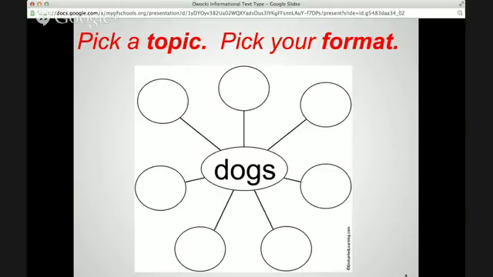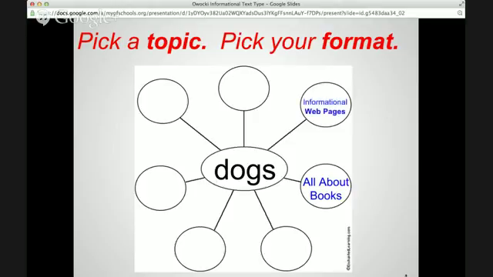And so if I say, for example, dogs might be the topic our kids want to explore. Everybody has some experience and knowledge about dogs. So it'd be a good area for me to choose as a class model. I could, in writing about dogs, I could use the all about books format. I could be talking about the different breeds. I could be talking about exercise, nutrition, healthcare. I could be talking about how to train a dog, but I could definitely use the all about books